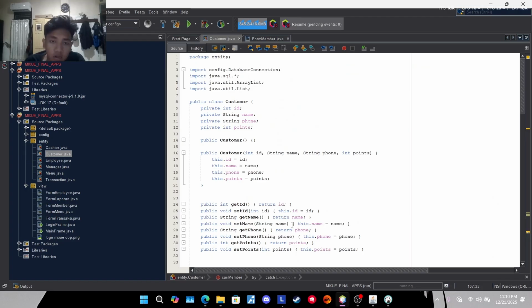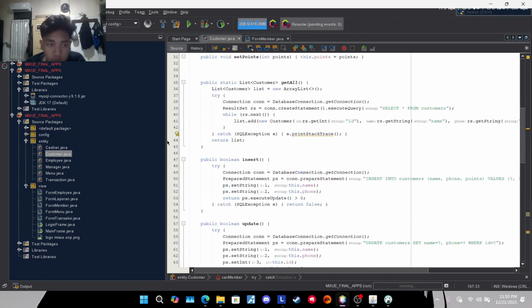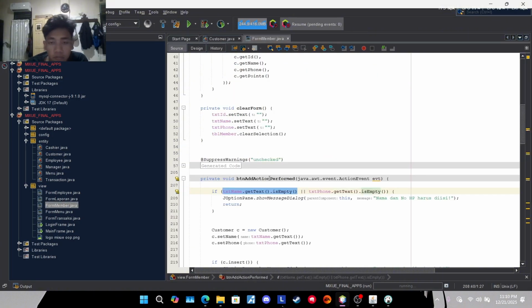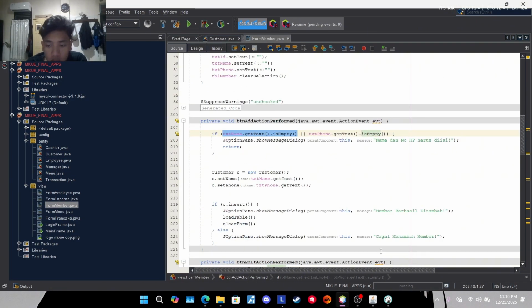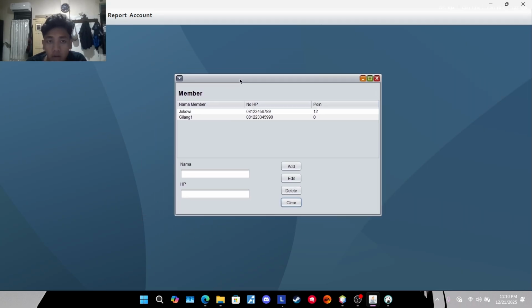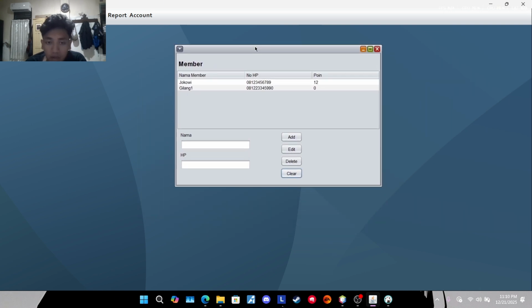Okay, after I explain this code, next I want to explain about the form or the design. So this is the design of our data of member.